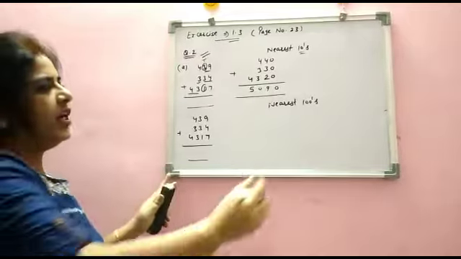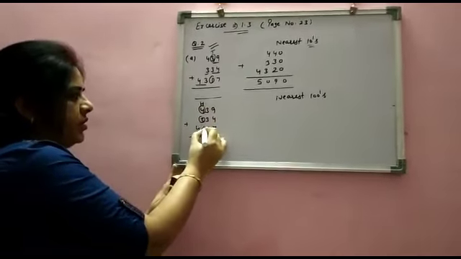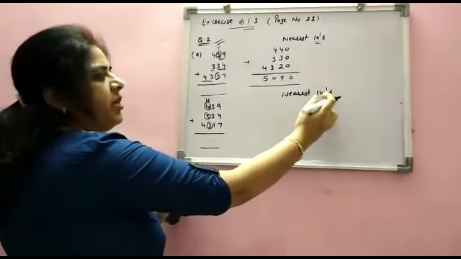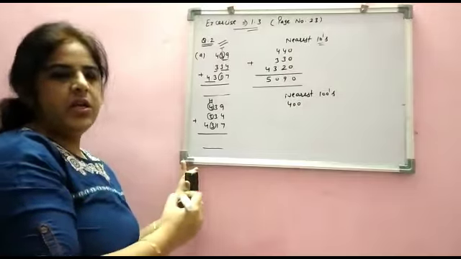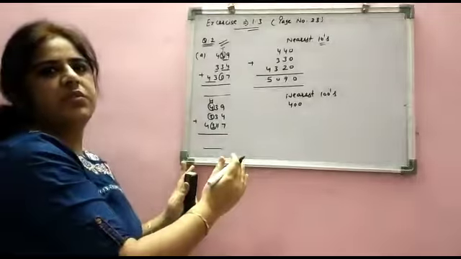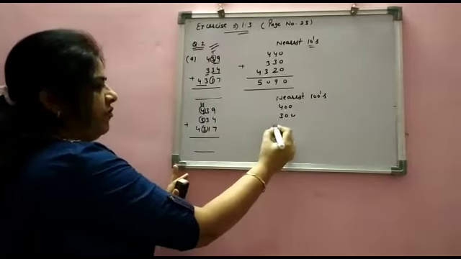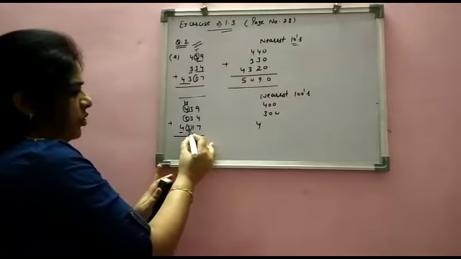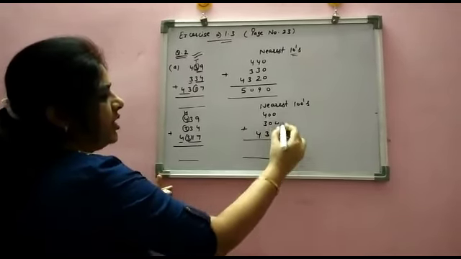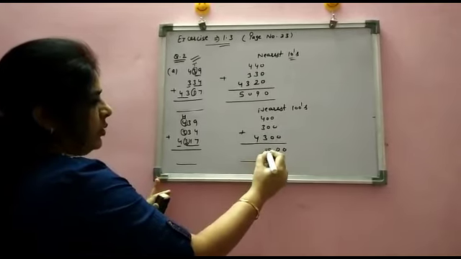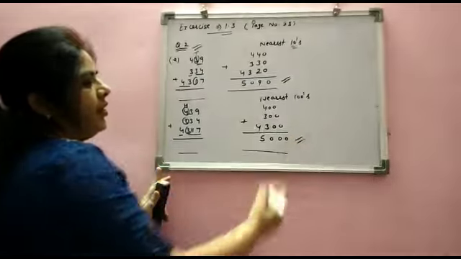Now the same question we are estimating to the nearest 100. The 100 place digit is this. So when we are estimating to the nearest 100, it would be 400 because it lies between 400 and 500. So it is nearest to 400. Many examples we have discussed. So you do it in the same way. And this would be 300 and this 4 will remain the same. And this 317 will be 300. Now you just add. What would the answer be? 0. This is 5. So that is nearest tens and nearest 100.